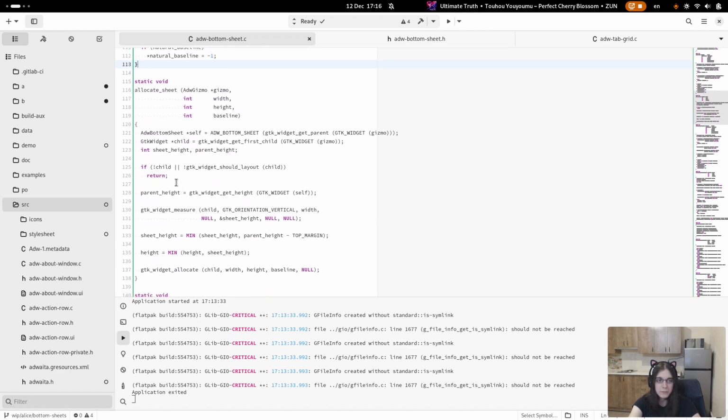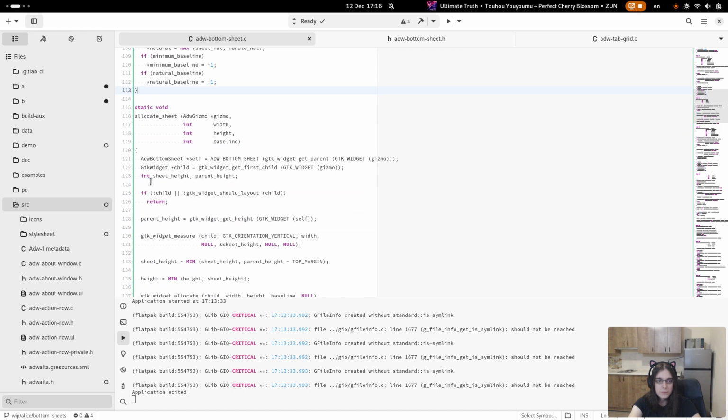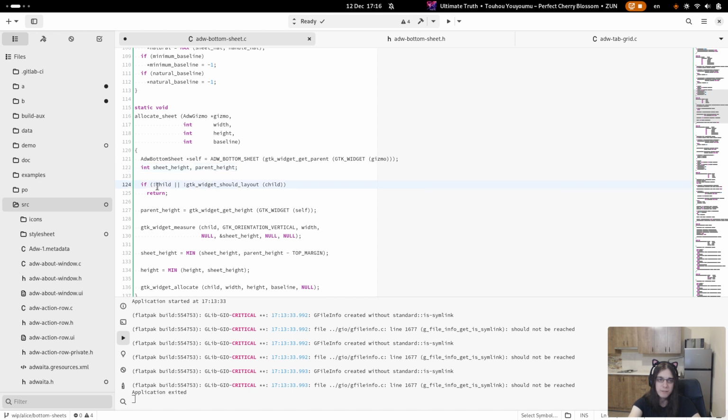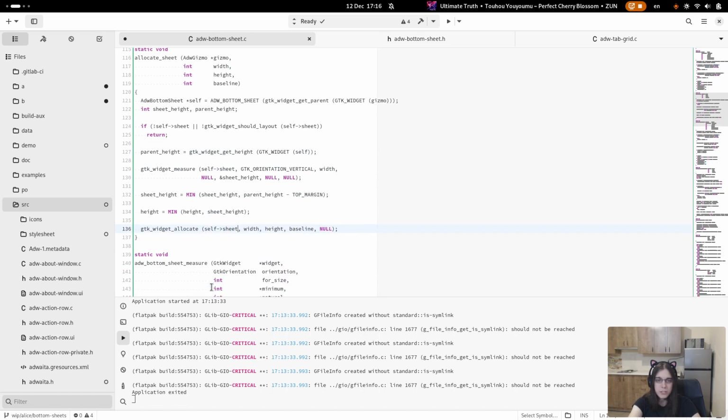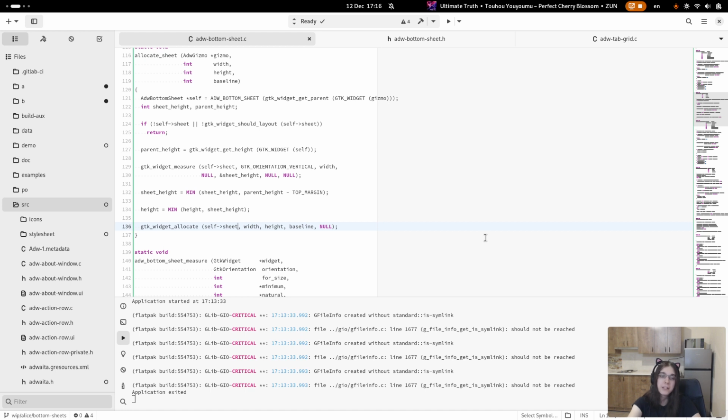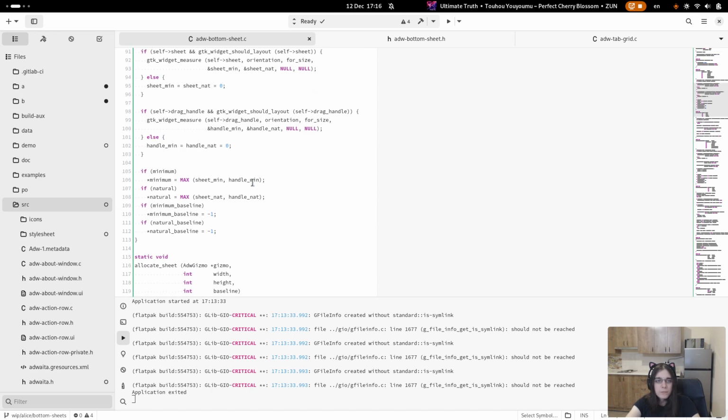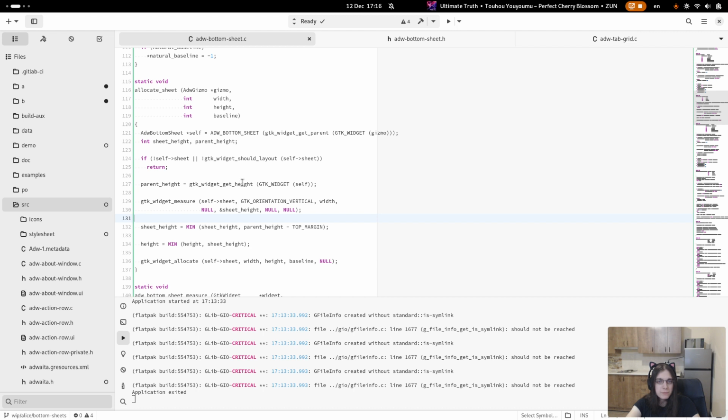Now allocate. Once again, I don't need the child anymore because I have self anyway. And it's less confusing when we don't refer to it as a child if we refer to it as a sheet elsewhere. And it's sheet height too, so yeah. Definitely more readable this way.